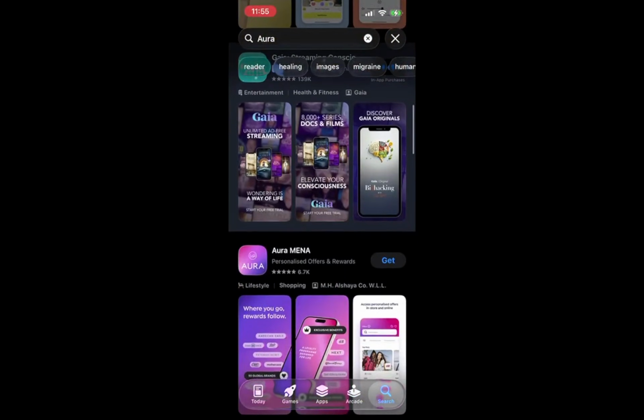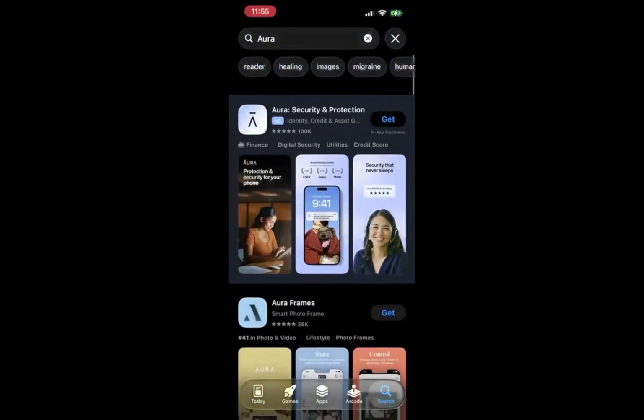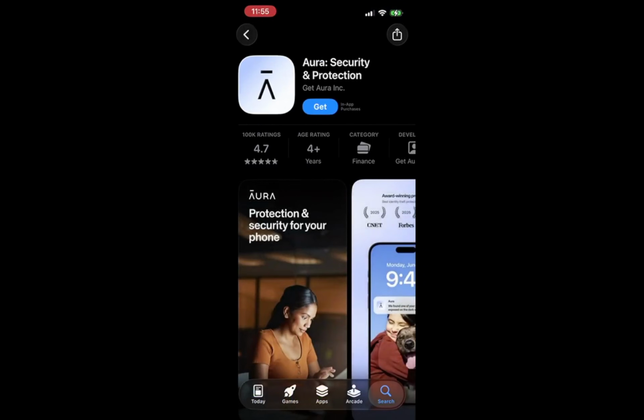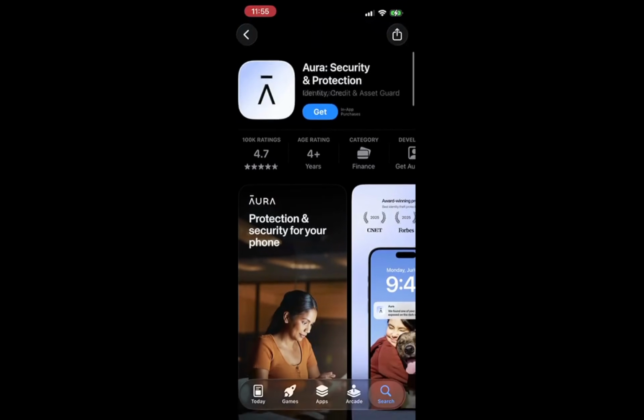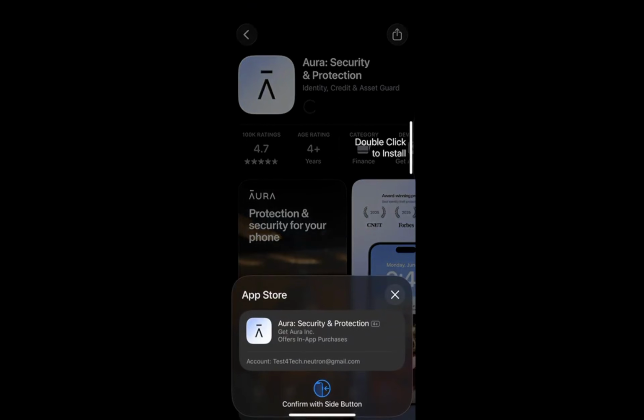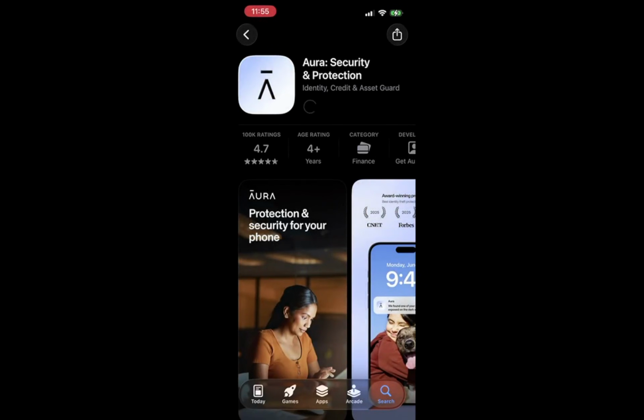from the developers. After you've found the app in the search results, the next step is to install it. If you are on an Android device, simply tap the Install button. For iPhone or iPad users, you will tap the Get button. This action initiates the download and installation process. Depending on your internet speed, this may take a moment. It is reassuring to know that once the app is installed, you are one step closer to enhancing your digital